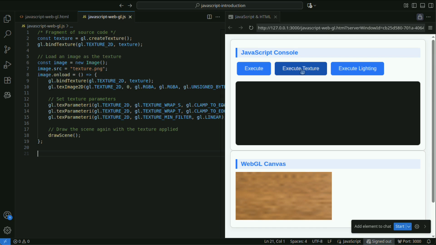Load images as textures and apply them to object surfaces to achieve a more realistic appearance. You can use shading models to apply realistic lighting effects to 3D objects. Calculate how the surface of an object reflects light based on different shading models such as Phong shading and Gouraud shading.